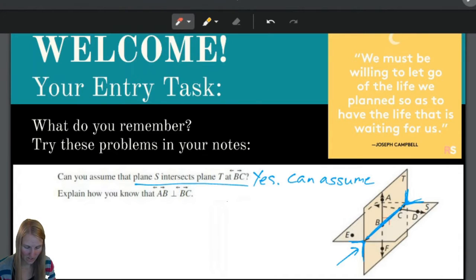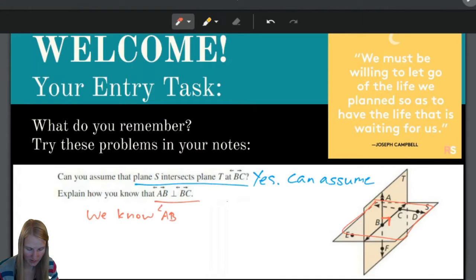Now, explain how you know that line AB is perpendicular to line BC. So AB is perpendicular to line BC. Okay. So what does this little half square mean? It means that AB is perpendicular to plane S. So we know line AB is perpendicular. That's what this upside down T means. It means perpendicular to plane S